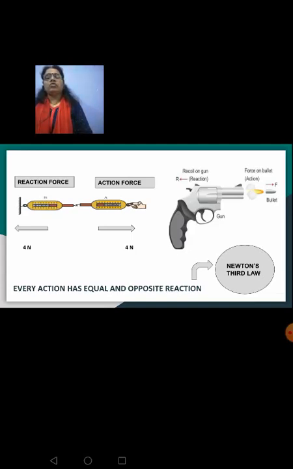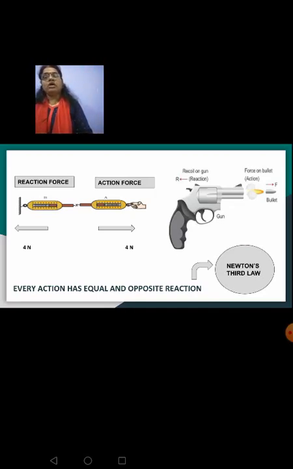The hook of one spring balance is hung to the hook of the other spring balance. Now you apply a force on spring balance A, which is on your right side, and try to pull it. When you look at the pointer which shows the reading, both the spring balances will show you the same reading.